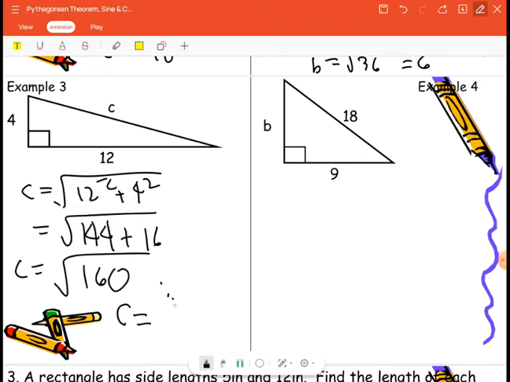That is 12.65. Okay? For example, number 4, ang hinahanap ay B. Okay? So, ito, try nyo gawin. Ang lalabas na sagot dito ay